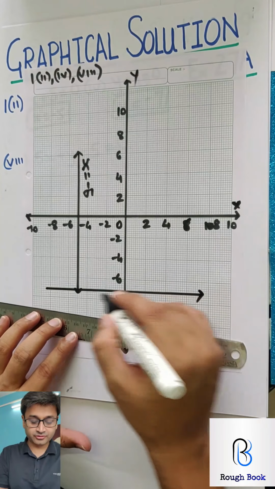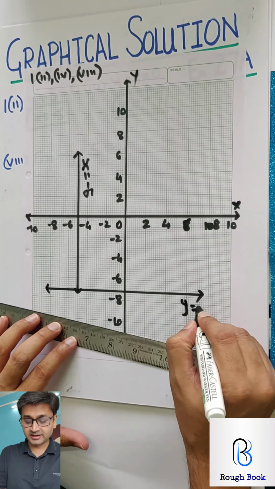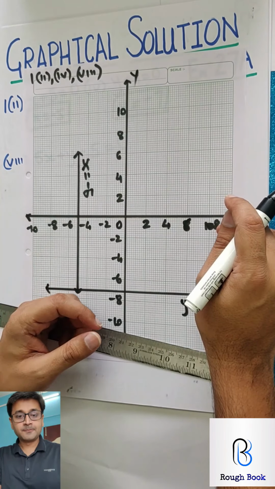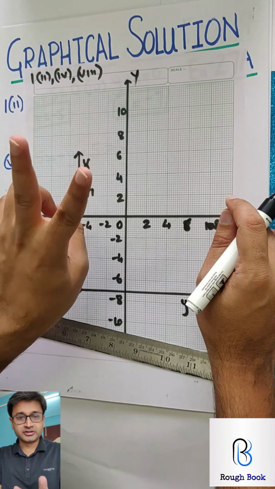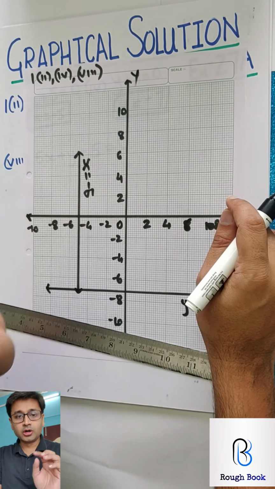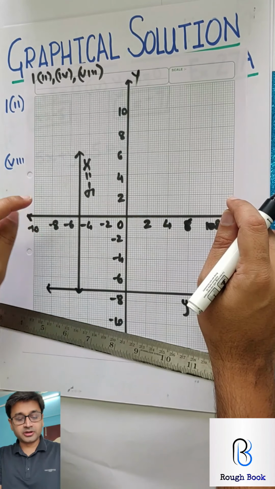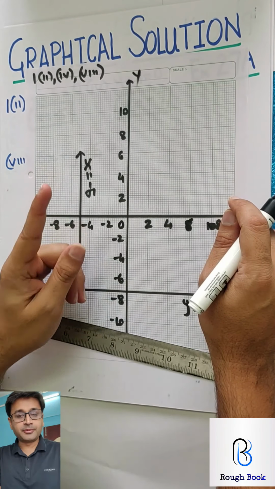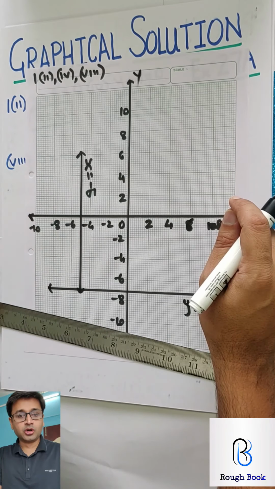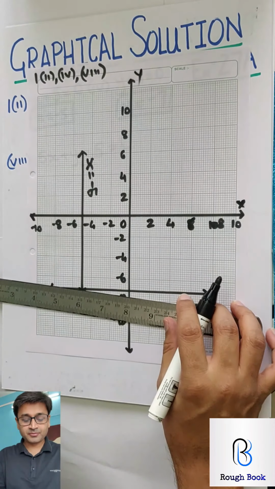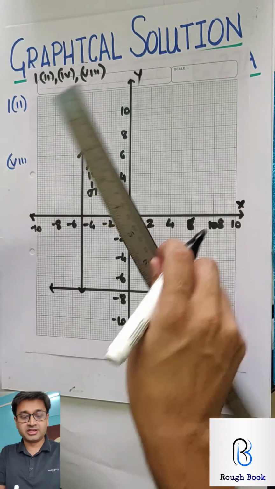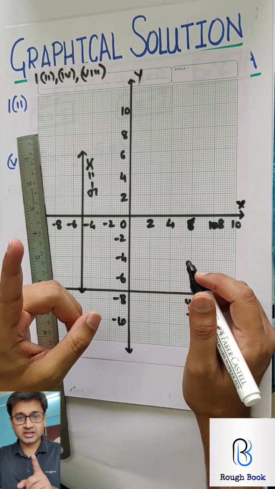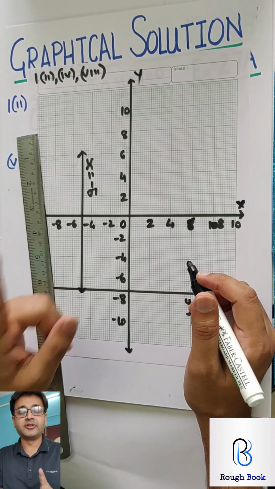Important information for most of you all. This is y is equal to minus 7. No, this is not important. Important is, in case you don't have graph sheets, what will you do? So don't get stuck. Two choices you got. Number one, go on to Google, print or type graph sheet 2 by 2 centimeter. Don't take 1 by 1 and take a printout. If you don't have a printer at home, then choice 2. Take your ruled page, draw 2 lines x and y, and take 1 centimeter as 1 unit on both the axis and then start drawing. I don't want anyone to get stuck. Where there is a will, there is a way. So if you want to, you can definitely work on this.